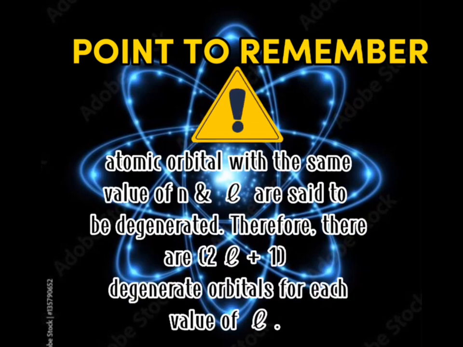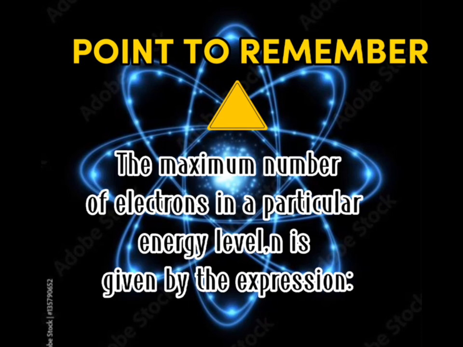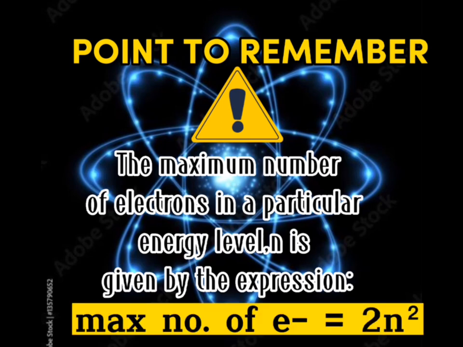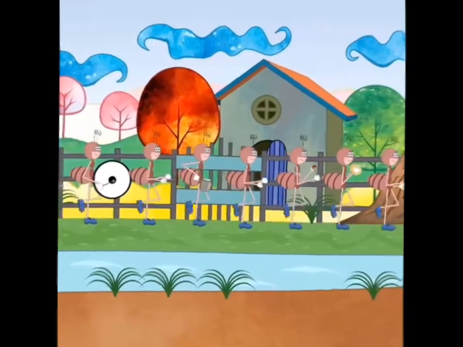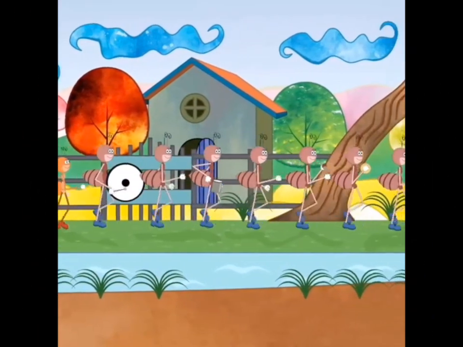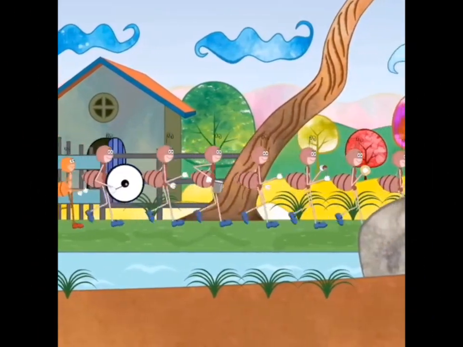These are the points to remember. Atomic orbitals with the same values of n and l are said to be degenerate. Therefore, there are 2l plus 1 degenerate orbitals for each value of l. The maximum number of electrons in a particular energy level n is given by the expression: maximum number of electrons equals 2n². After you guys have knowledge about the set of 4 quantum numbers, which are n, l, m, and s,